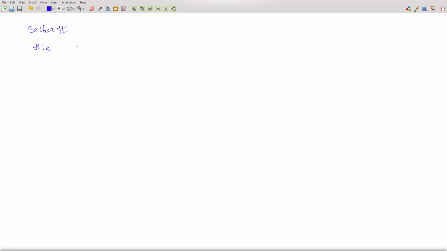In this video, we're looking at Exam 1, Section 2, number 1A. So, number 1, each of the parts in this problem asks us to consider the curve. The word curve is another name for graph. So consider the graph, or the curve, given by xy squared minus x cubed y